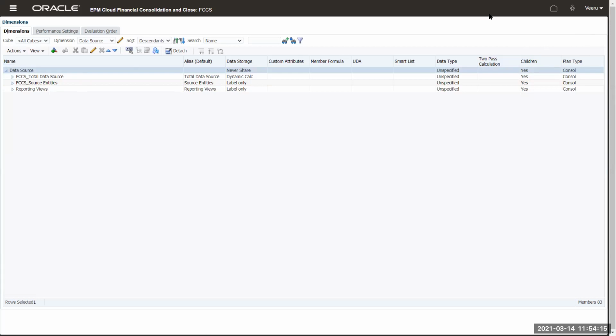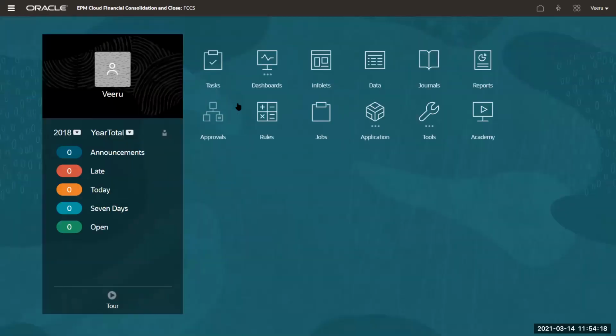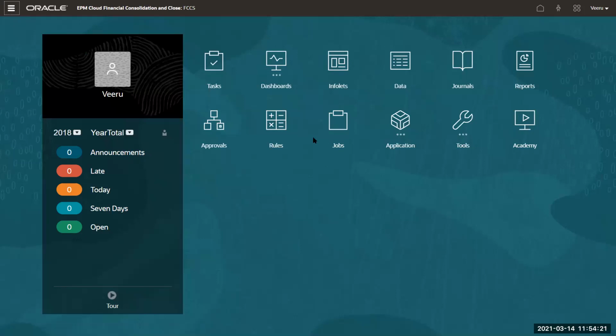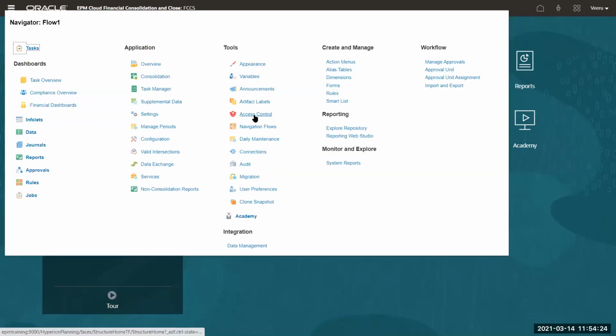So far we have shown you a couple of ways, right? One is dimension level security. One is security based on the role itself: user, viewer, power user, and administrator. And then you can actually assign access control at an individual application level role also, and also at individual dimension level or member level roles also. So security is very robust in SCCS, but don't compare it with HFM. HFM security is a little different. SCCS security is a little different.